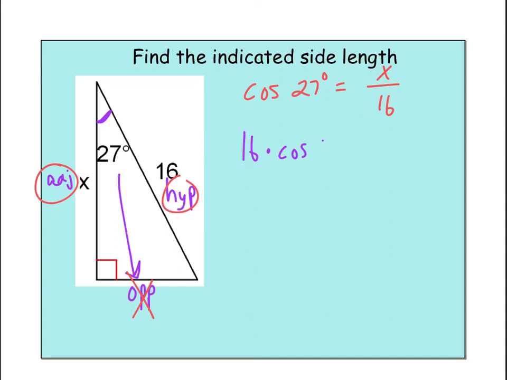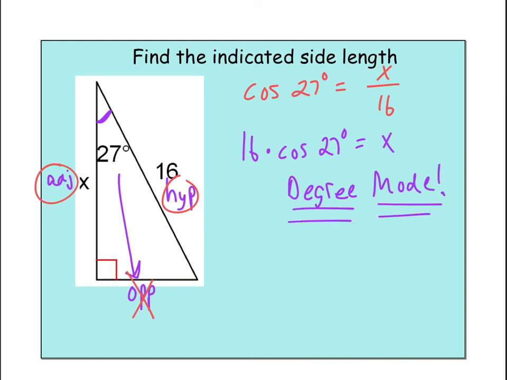16 times the cosine of 27 degrees equals x. Okay, now one thing before you throw this in a calculator, make sure at this point we are in degree mode. If you don't know where that is on your calculator, look it up. It's very, very important. And you can see if you get the same answer I get. But 16 times the cosine of 27 in degree mode is giving me a value of